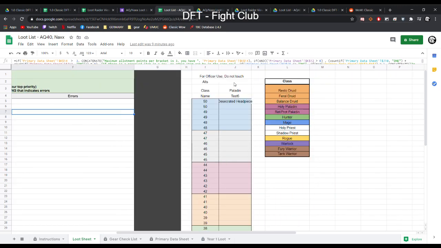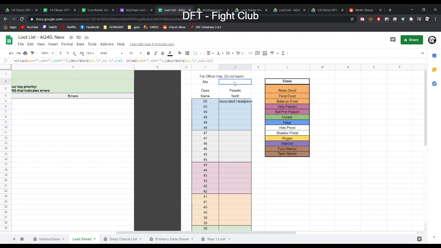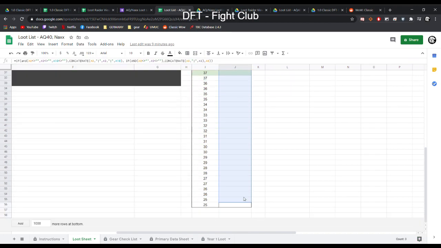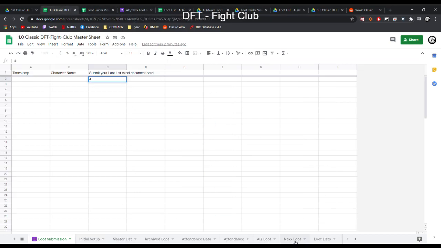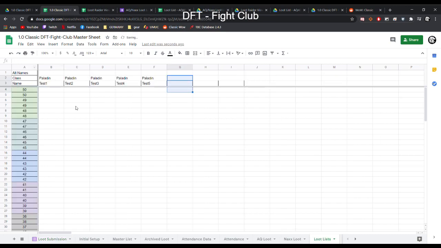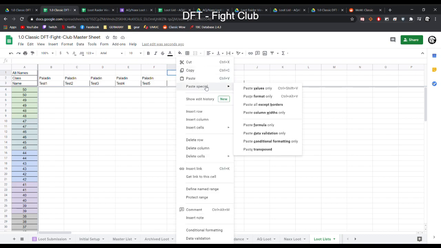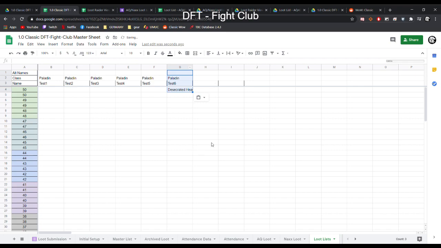So all the officers have to do, or whoever's managing this, start at Alt, highlight all the way down to the bottom, 25. You're going to copy it, go back to your master spreadsheet, go to where it says loot lists, and as you can see, I had some other names in here, but for this guy, we're just going to paste him right here. I use values only, so it doesn't mess with anything else formatting wise. So now that we have this guy, we can come back to